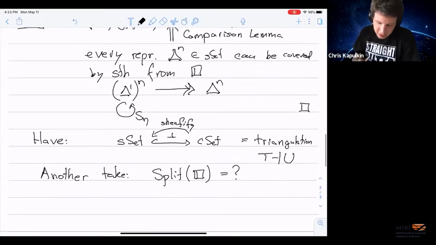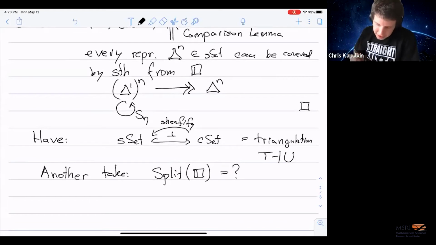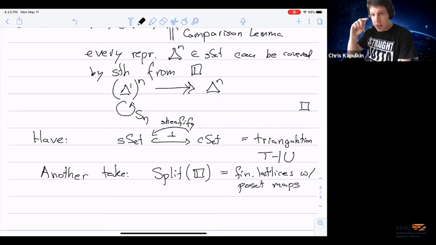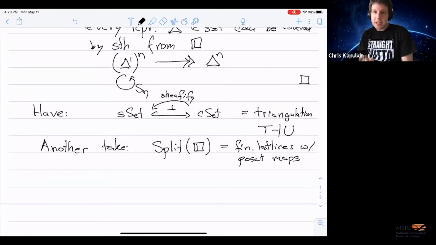And the answer, as Tim told us, is that these are exactly finite lattices with poset maps. And so the important thing is we don't need to preserve max and min. We take all monotone maps. There are more of those than there are of those that preserve max and min. And an easy way to see that is,